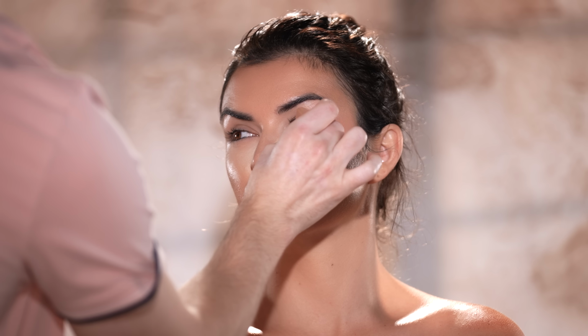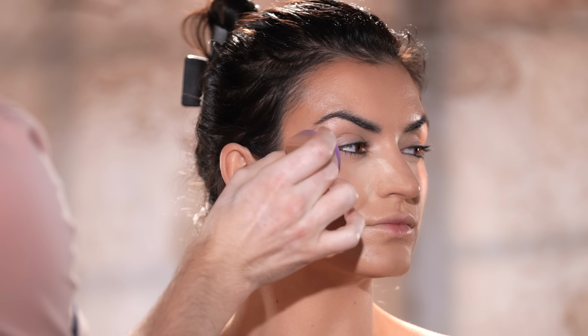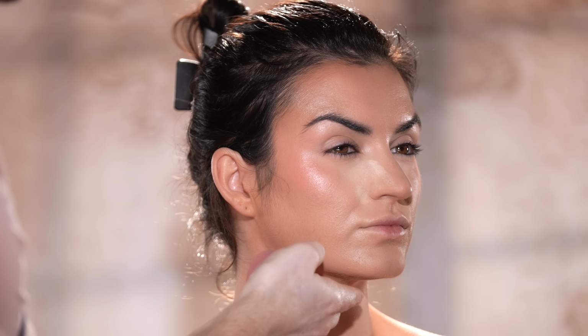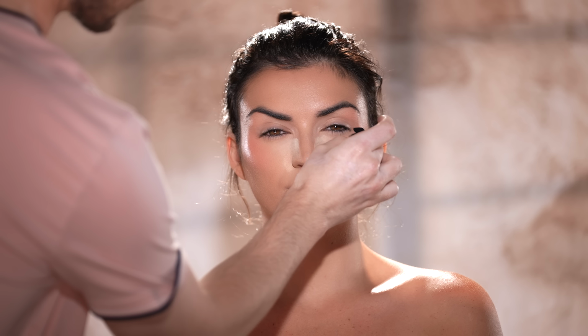And here's the thing too, drugstore makeup isn't quite as affordable as it once was, or at least from what I remember. So sometimes you gotta kind of shop around for the best deals. I think it'd be fun to do a full face of dollar store makeup or Amazon makeup or something here on the channel. So let me know in the comments if that's something you'd watch, and if so, I can